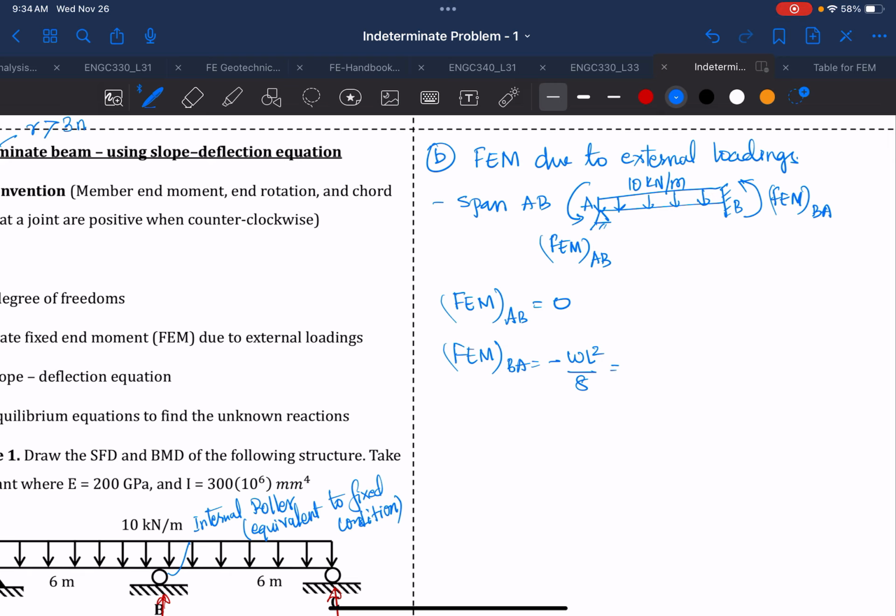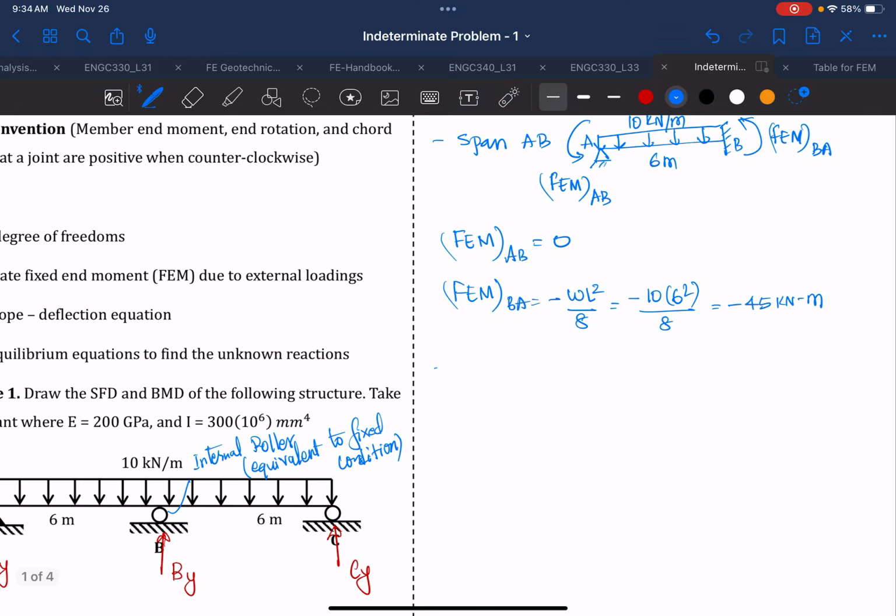And if you put this equal to minus 10, and your meter, this is 6 meter, 6 squared divided by 8, you'll get this as 45 kilonewton meter. So these are all your fixed end moments for the span AB. And now we'll take the span